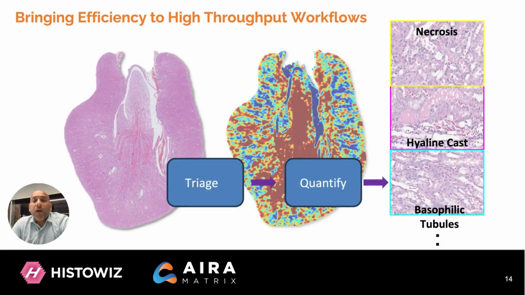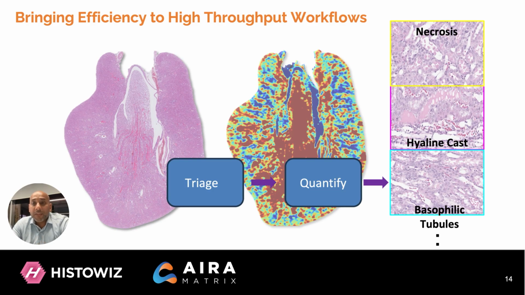We present a fully automated AI powered pipeline, beginning with high throughput screening and leading to detailed identification and quantification of individual abnormalities. The process starts with unsupervised anomaly detection, which enables the high throughput screening. And this process eliminates the need for exhaustive manual review of every sample, allowing the pathologist to focus on the